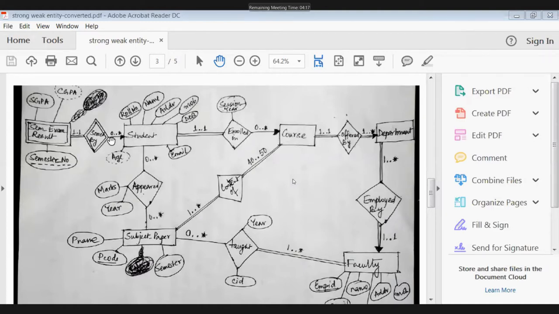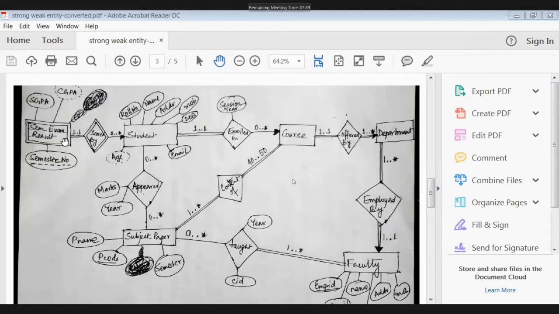What is the cardinality? 0:* means 0 dot dot star. It means minimum 0: a student has not got the result, the student has not given the exam, did not do the form fill up, so no result and no exam has been given. So a student may not be associated with any result, and a student can be associated with multiple results.